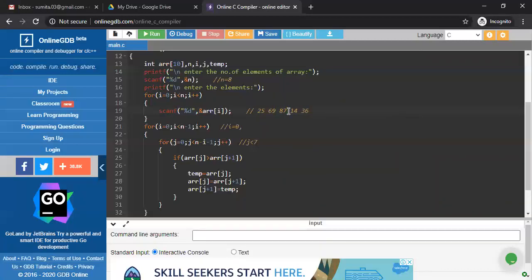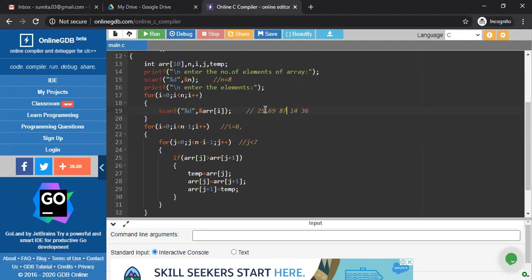How? We know that. Now, till the condition is false, my J value is now 2 because it is incremented. So 2 is less than 7, very true. Again, is ARR 2 greater than ARR 2 plus 1?